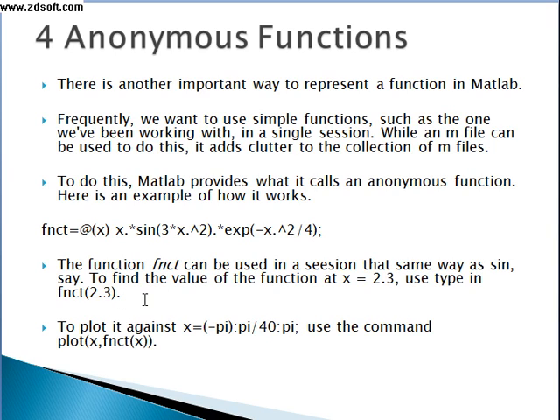By typing this command it will calculate the function with the value of x equal to 2.3 and give you the output. To plot it against x equal to minus pi colon pi by 40 colon pi, use the command plot x comma fnct of x.